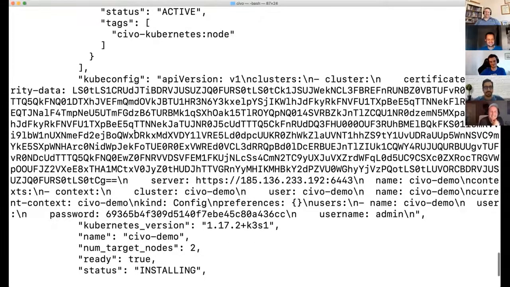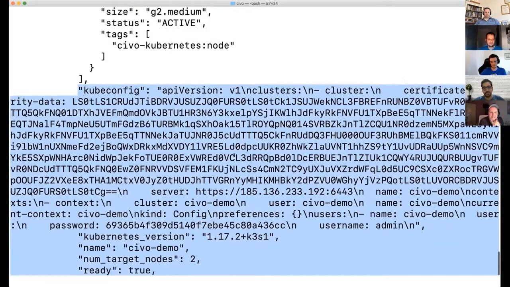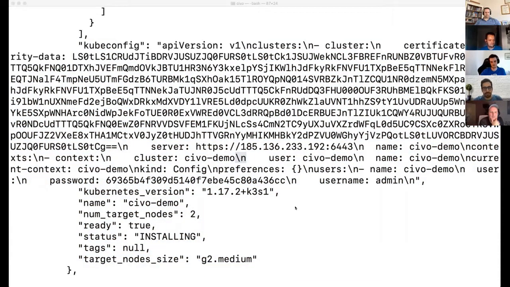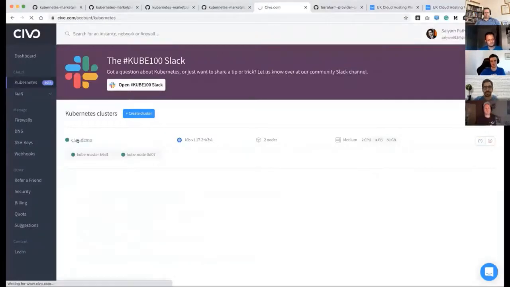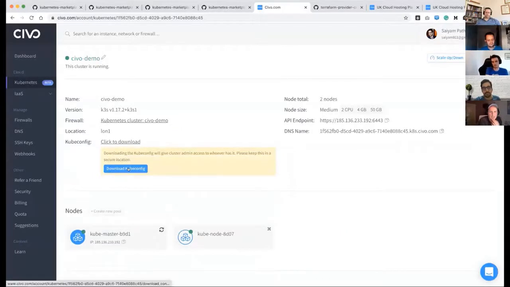So this is the state file, and you can see you have the kubeconfig directly generated. Either you can use it from here, but you have to do a bit of editing and remove all the slashes, or the best part would be to just go back to your Civo cloud, and when you go inside the cluster, you can directly download the kubeconfig file. It is as simple as that. You click download. You can use kubectl with --kubeconfig, or you can put it in your home directory and add it. That's how simple it is.